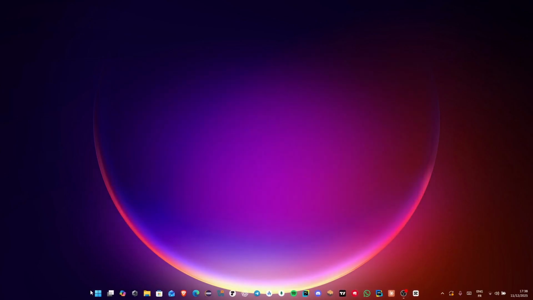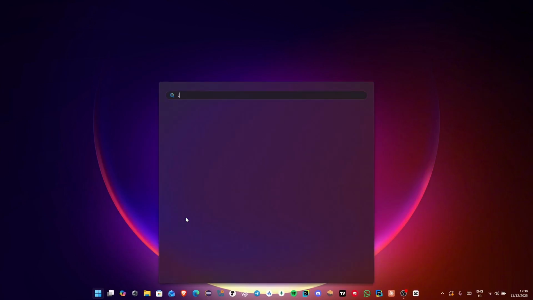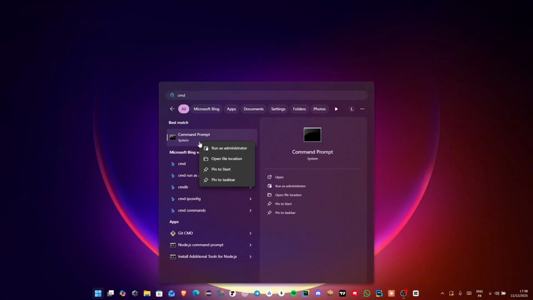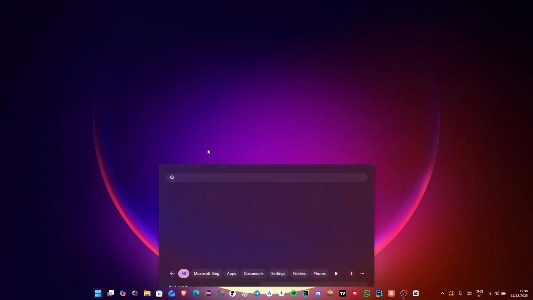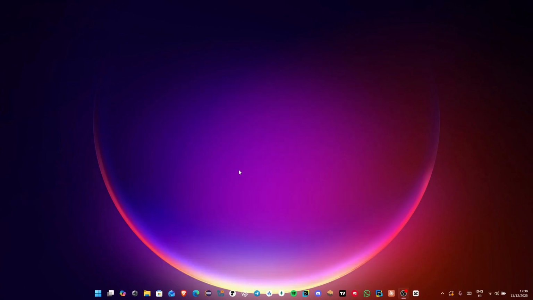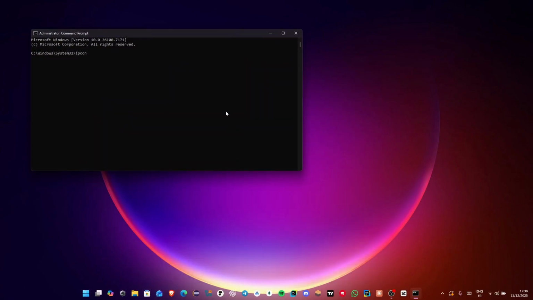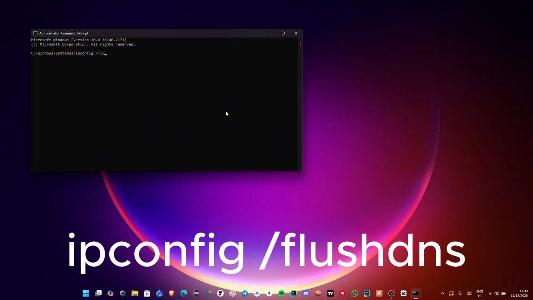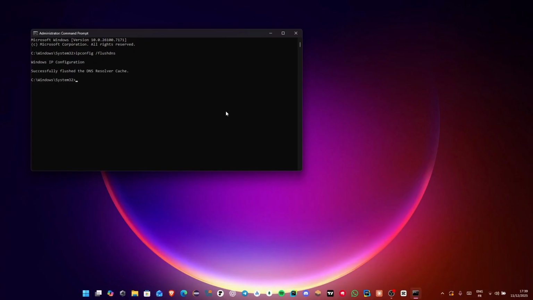Next, go back to the search bar and type CMD. Right-click on Command Prompt and choose Run as Administrator, then click Yes. In the command prompt, type ipconfig/flushdns and press Enter. After that, type